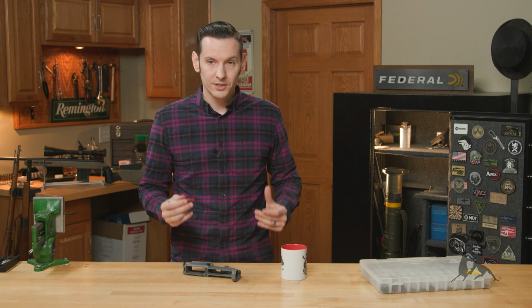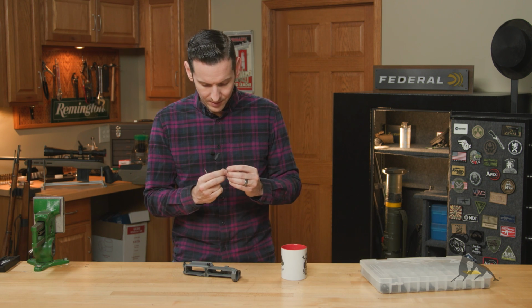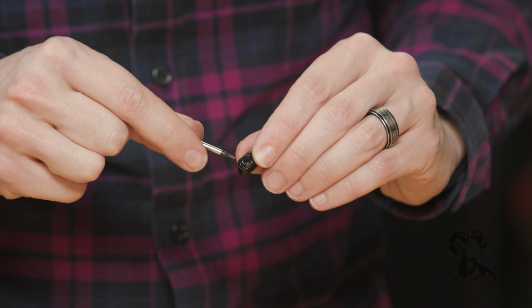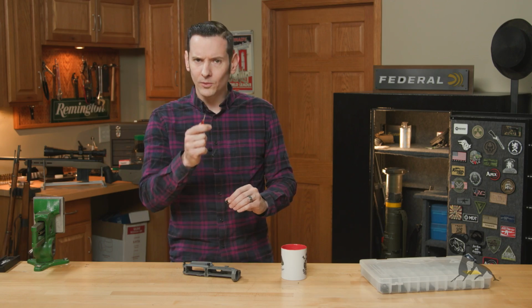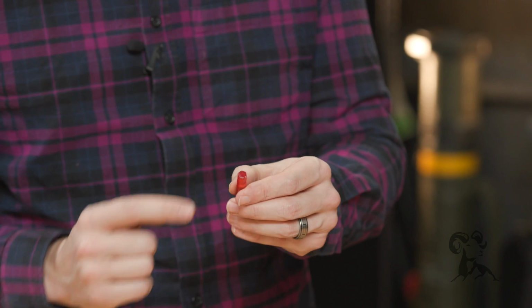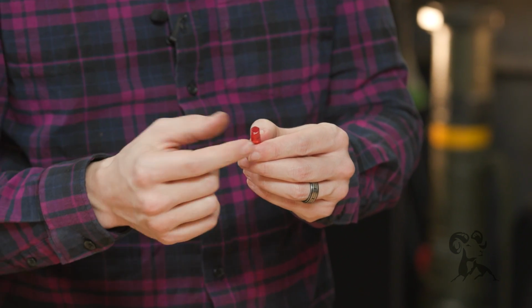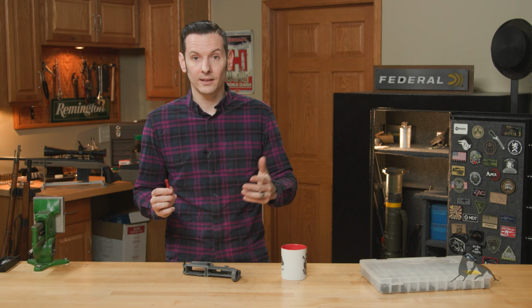Alright, now you can use different punches for this, whatever. If you use a steel punch, you're probably going to scratch it, even though you're trying not to. Like for example, this one, somebody used a steel punch on and it took a little bit of the anodizing off. That's not what we want. We want to do clean work here. So we're just going to use a piece of polymer. Like for example, this is a Torx driver that's polymer, and it just so happens to fit just fine there. So you can use literally anything, nylon punches,